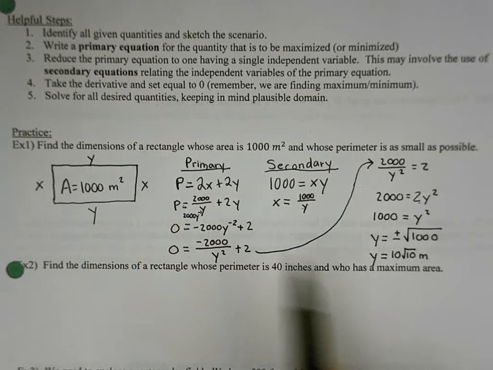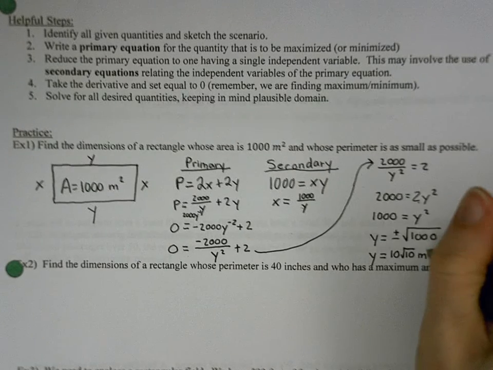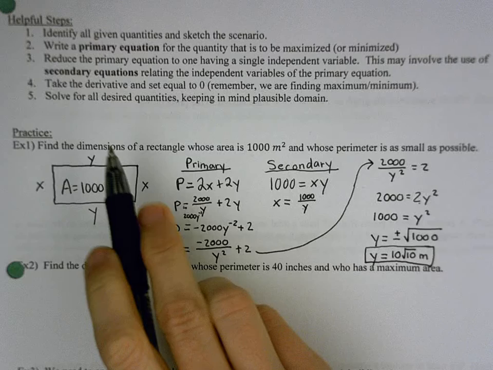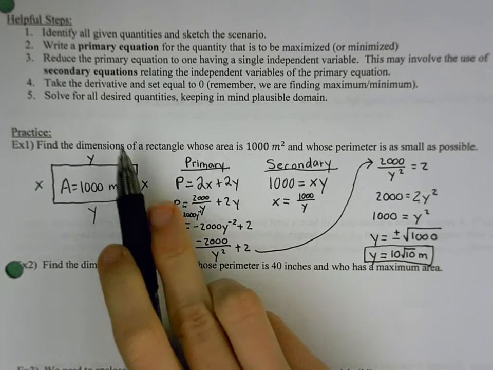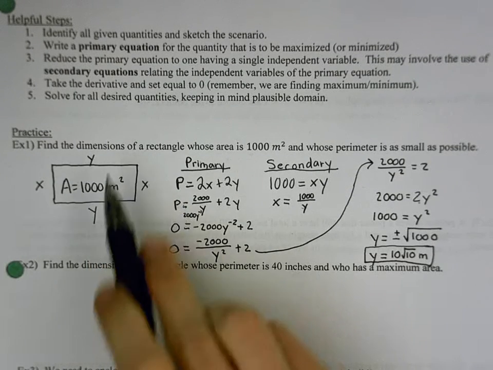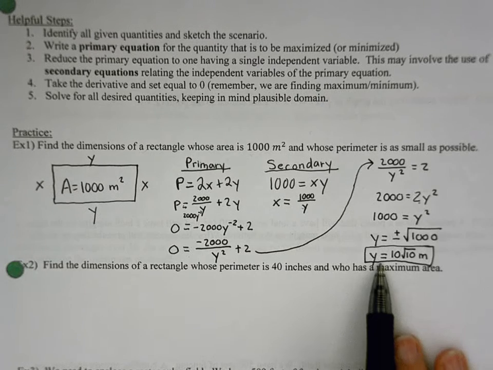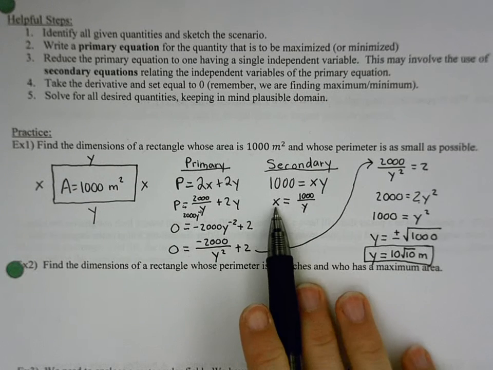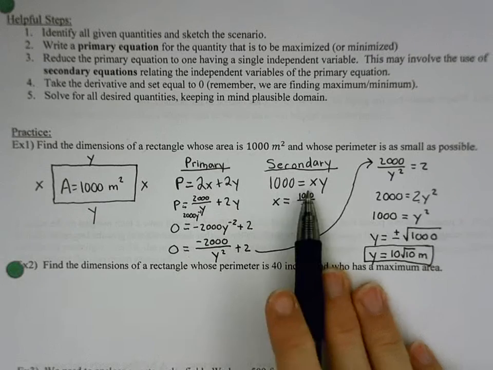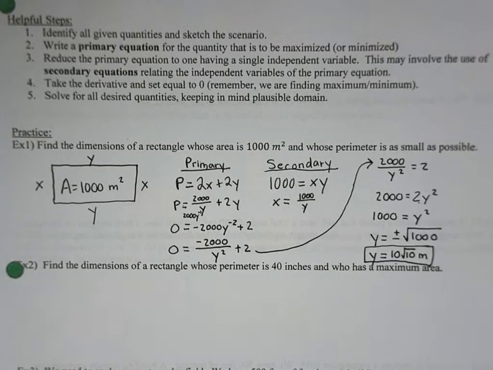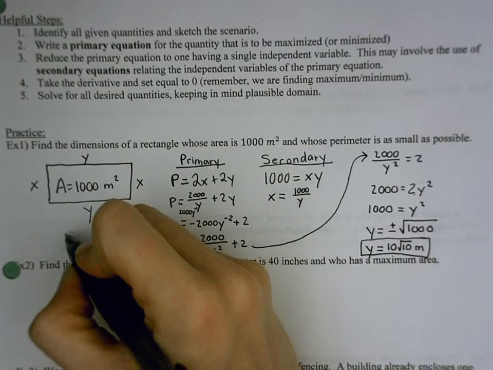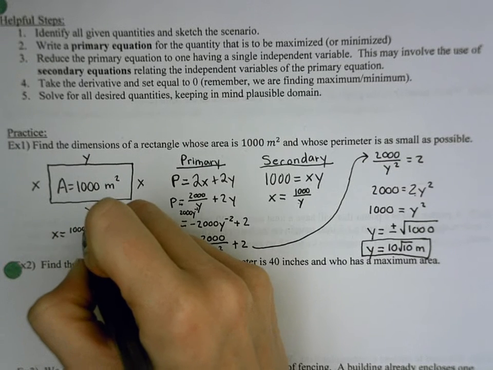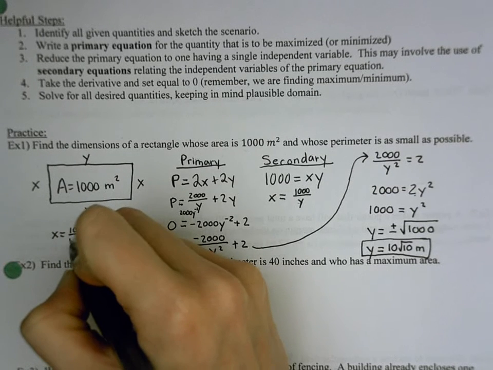Okay, because the last step here, we found y, fantastic, but we also need to find the other part of our dimension. They want the dimensions, right? So we need x as well. Okay, well if I want x and I have y, I find that by plugging it in. Right here in my secondary, I have x equals 1,000 divided by y. Okay, and so if I come over here and I do x equals 1,000 divided by my y,